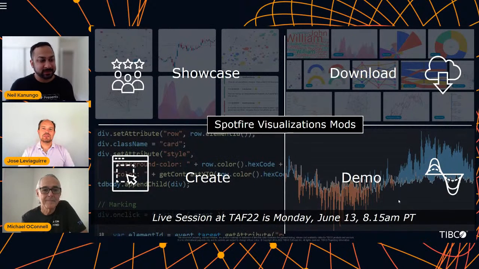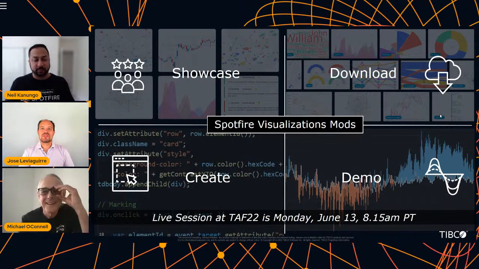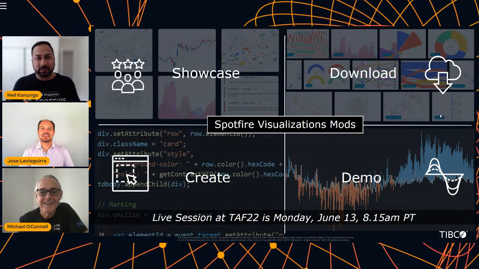That's right, Neil. Yes, I'm planning to create a mod from scratch in 15 minutes, from zero to just drag and drop and make it available for everyone in the organization to use and share. And just like a little sneak peek, that screenshot you're seeing behind the demo tile in that bottom right quadrant, that's what we're going to show you how to make. It's a difference plot. So without giving away too much, you're going to learn how to make that kind of difference plot. And we're going to work with axes. We're going to work with sizing the visualization. We're going to work with formatting, and we're going to work with setting up the environment so you can get going developing your own mod. So a lot to do and a lot to cover in that session.